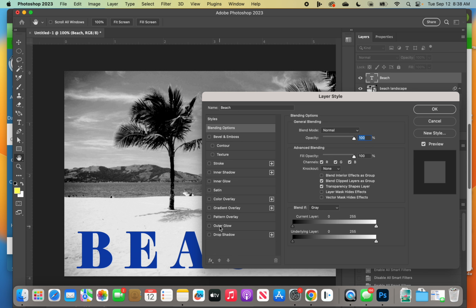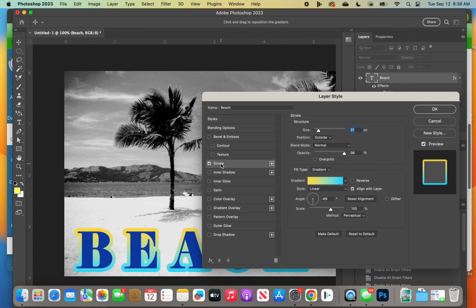Okay, so I'm going to go to the layer style button on my layers panel, blending options. If it's covering my text, I'll click in the title bar and move it over. Now I'm ready. It says to do stroke and drop shadow. Do you see the word stroke in that menu? Do you see the word drop shadow? We're going to do stroke first. So again, if I want to change the stroke, I actually click on the word,